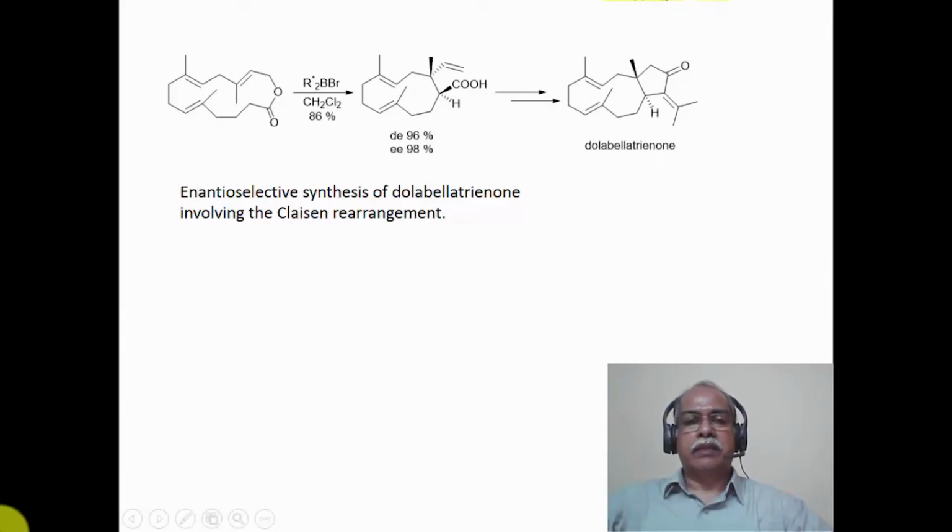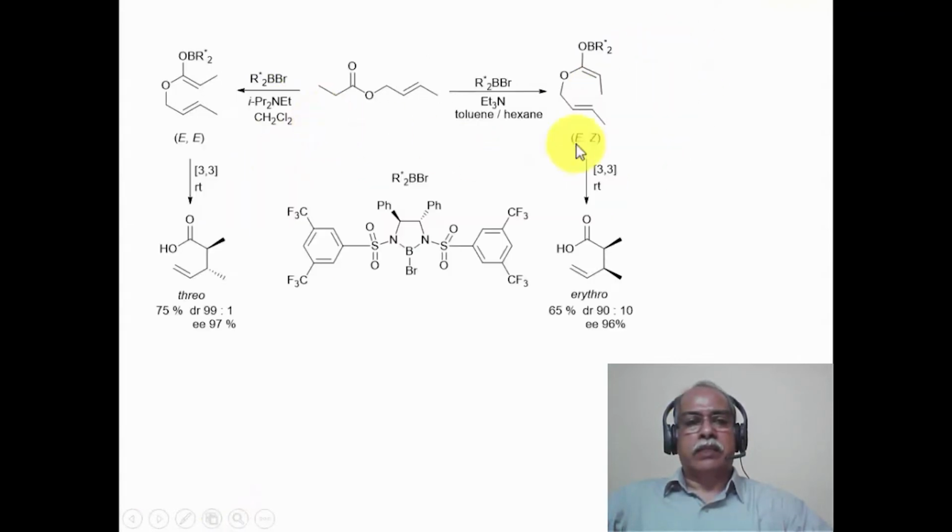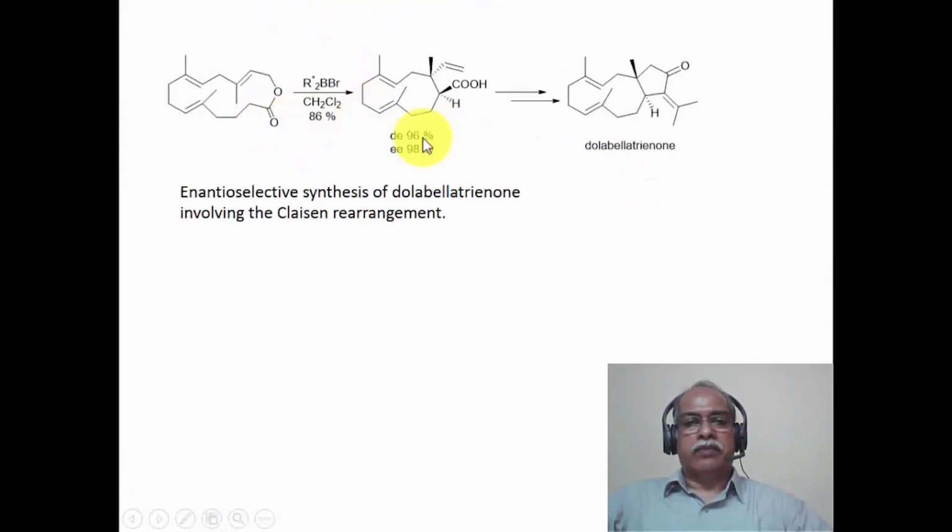The enantioselective synthesis of dolabellatrienone, which is this particular molecule, a terpenoid molecule, is essentially obtained by the same strategy which is described in this particular slide. The boron enolate is stereoselectively synthesized first. The boron enolate that is generated undergoes the 3,3 sigmatropic rearrangement to produce this. This is transformed further into this terpenoid molecule by means of various transformations which are not relevant to the Claisen rearrangement. The first step is the Claisen rearrangement that is formed in about 96%